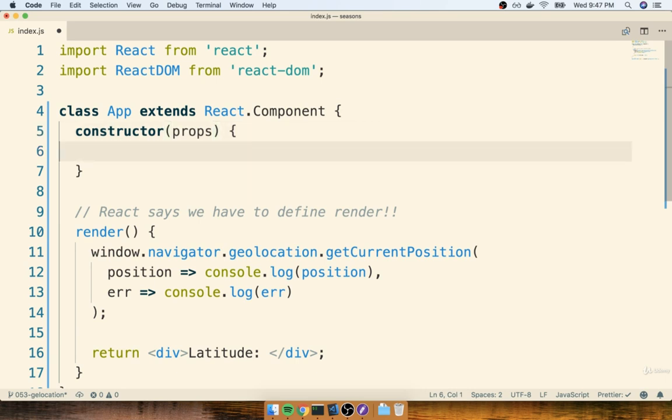Before we do anything else inside this constructor function, we have to go through one little kind of ceremonial step. And I say ceremonial because it's basically just required of us. We have to do this. We have to call a function called super, and we have to pass in the props like so. So what is this super thing? You'll notice that we don't have any other function inside this file called super. So what is it? Well, remember, our app component is extending or borrowing functionality from the React component base class right here.